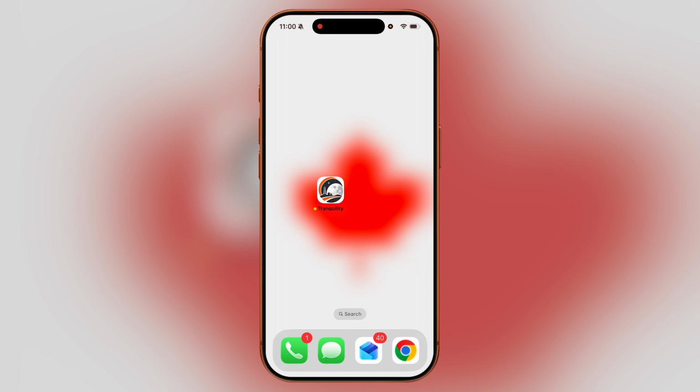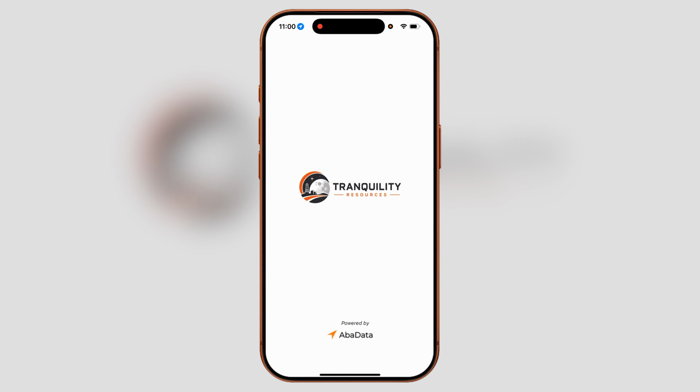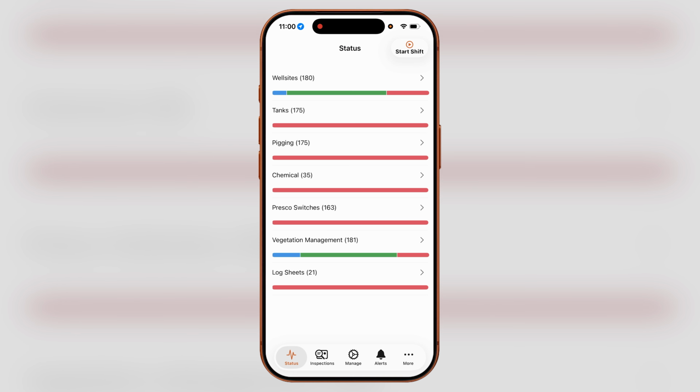So if you subscribe to FieldOps, you get to pick the logo, the name of the app, and you're in charge of distribution of that application across iOS and Android. To access the app, you just simply touch on it. It will open up. In this case, we're looking at Tranquility Resources, which is a demo account that we've created